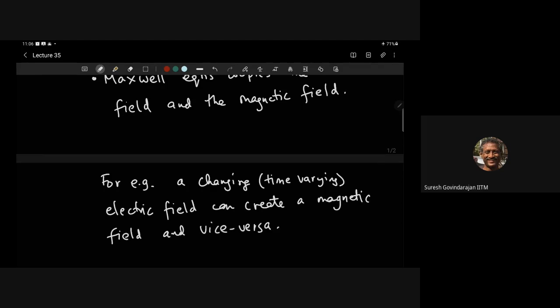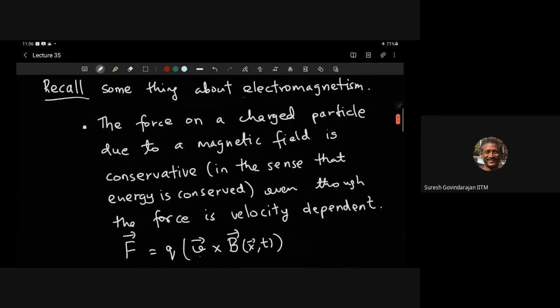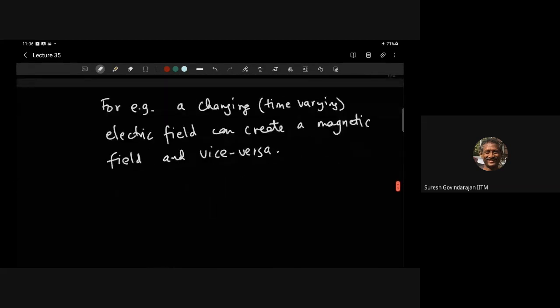This doesn't require Maxwell's equations. So Maxwell unified electricity and magnetism, and that's why we call it electromagnetism today. We don't call it electricity and magnetism. And eventually, electromagnetism gets unified with something called the weak force. So in particle physics, you say electroweak. Okay, the word magnetism is dropped. So these are some simple facts. I guess you people know this, right? Yes, sir. Okay, but these are useful,